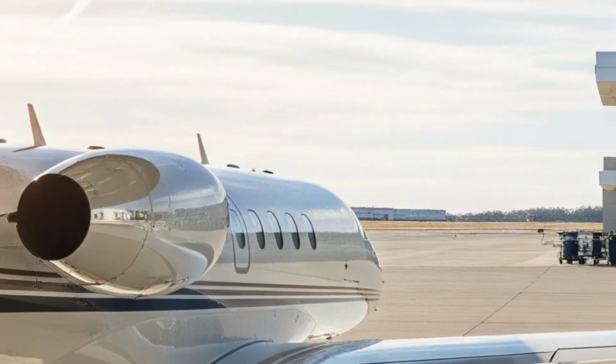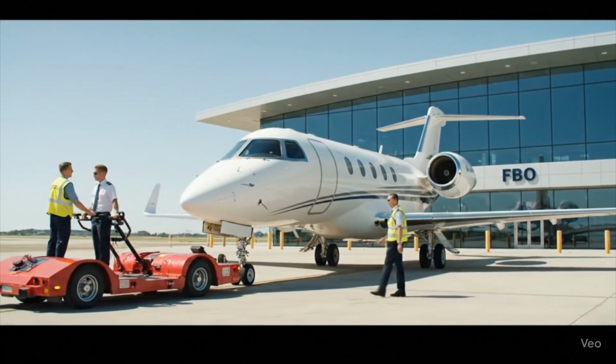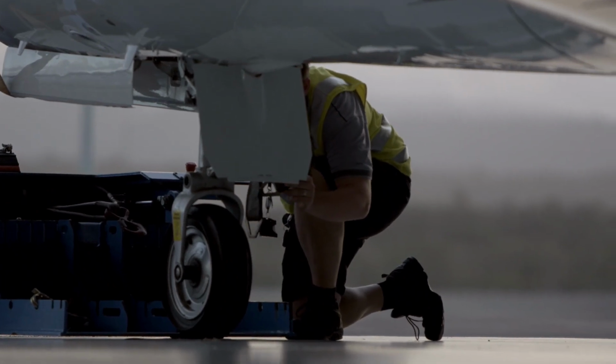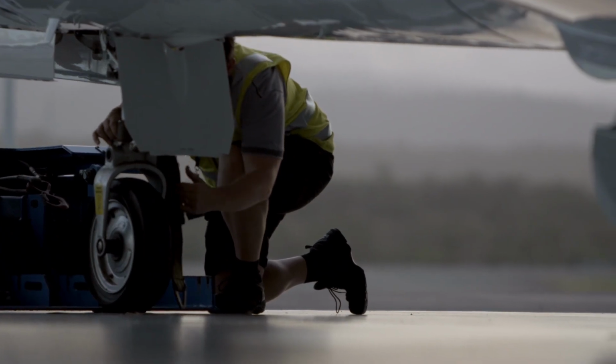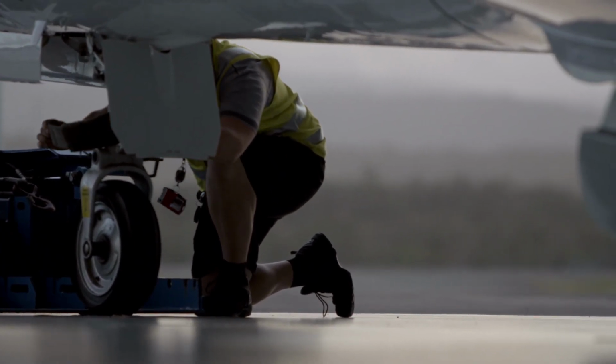A pilot's professional responsibilities extend substantially beyond the flight deck. For those transitioning into corporate aviation, it is essential to understand that a significant component of the role involves the management of the aircraft on the ground. The interval between flights is a critical period of coordination, communication, and meticulous oversight that ensures the safety, security, and